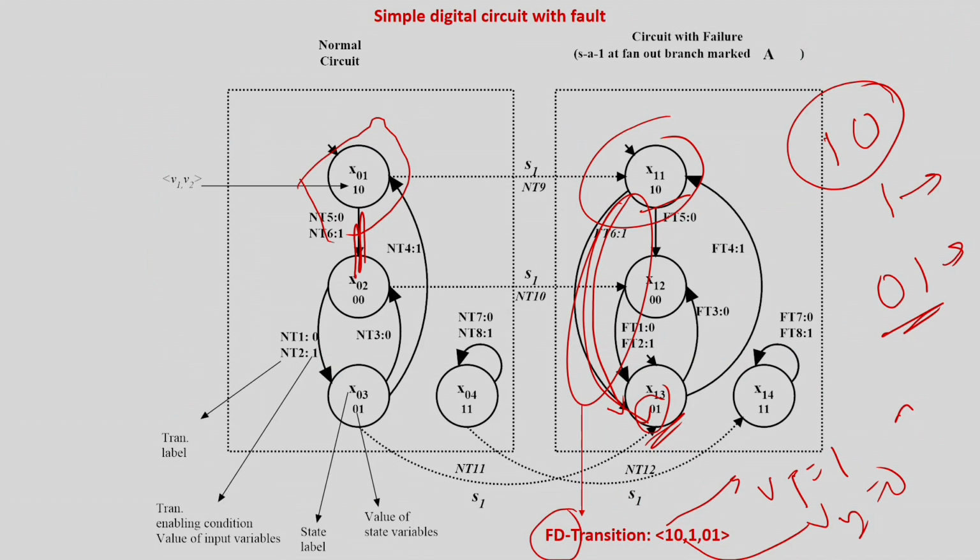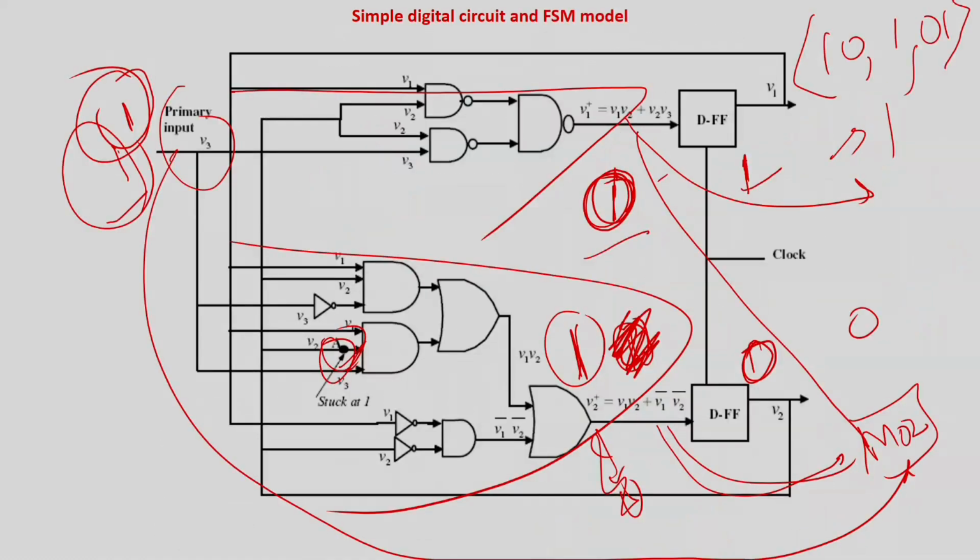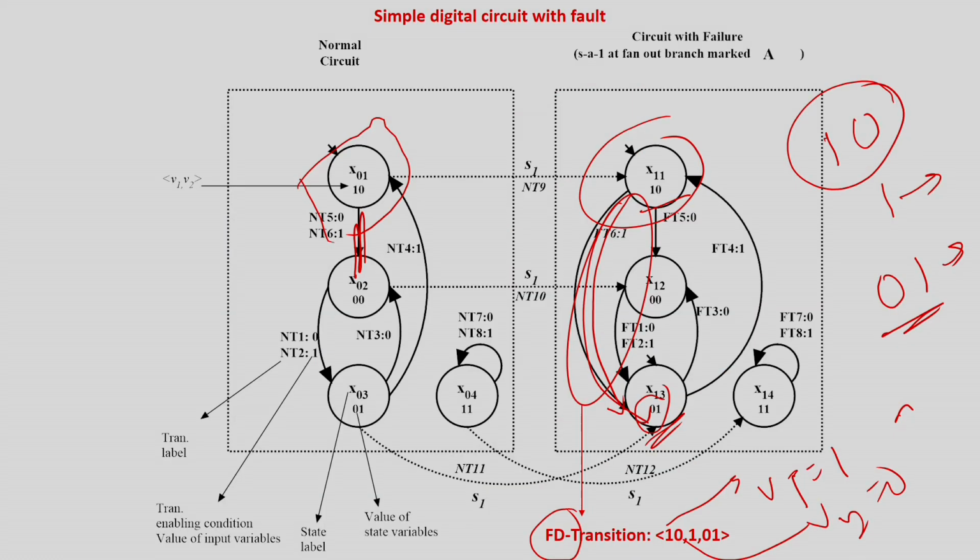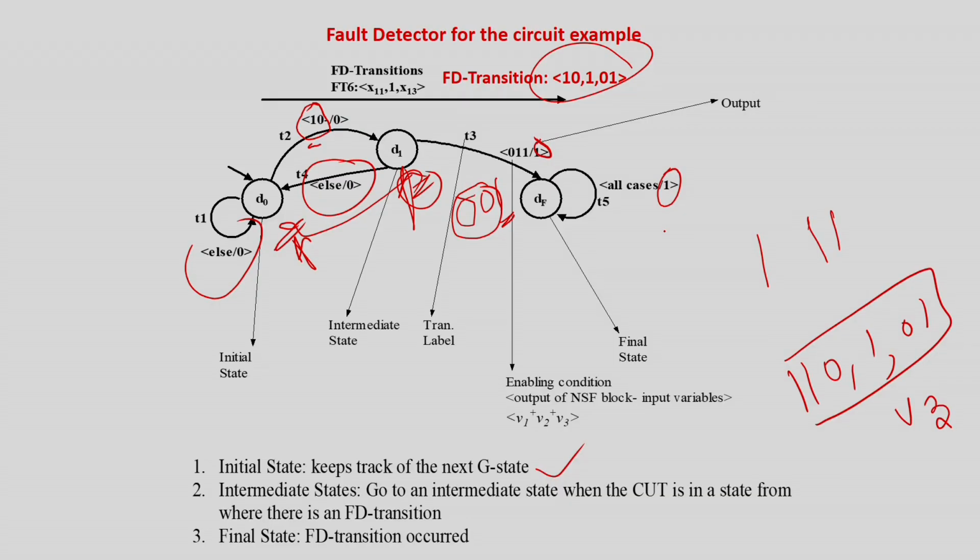So this partial replication, what it does, again I am repeating. You take a circuit, you take the normal finite state machine model, and find out all the transitions which are related to a difference between the normal and faulty representation. Using this, generate the FN detector, which tracks the FD transition. That is, in the initial state it will try to find out whether the circuit is in this state. Next, it finds out whether the input is this, and the next state is this, so the error can be detected. That is the job of the FD transition, and the FN detector uses an FD transition. Done. Synthesize it, your tester is ready.